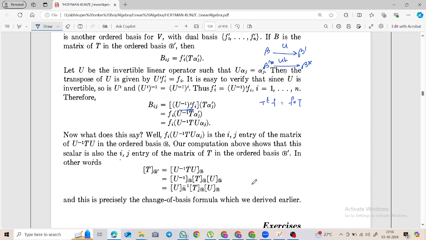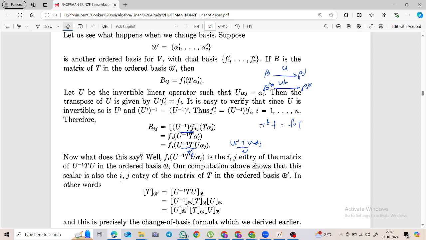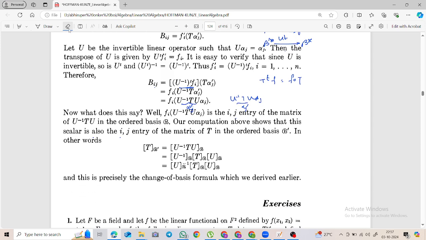Clear? So what is your beta ij? This is nothing but alpha j prime, right? What is this? U inverse T U alpha j. This is alpha j prime because this is the change of basis matrix, no? Wait a minute. No, U alpha j is alpha prime. Am I doing it correct? U alpha j was alpha prime, right? U alpha j is alpha prime. Okay. So